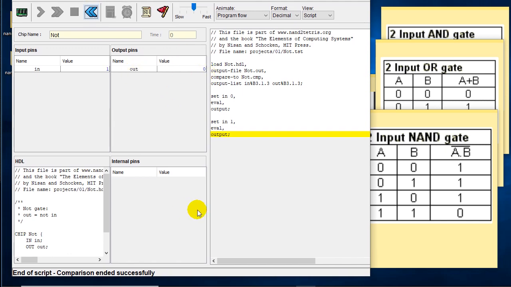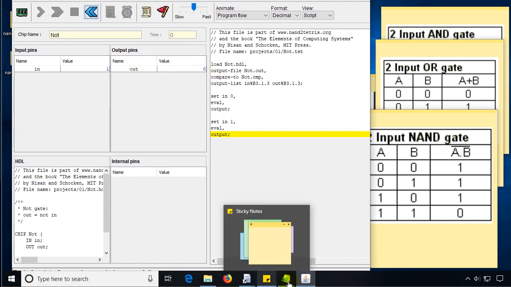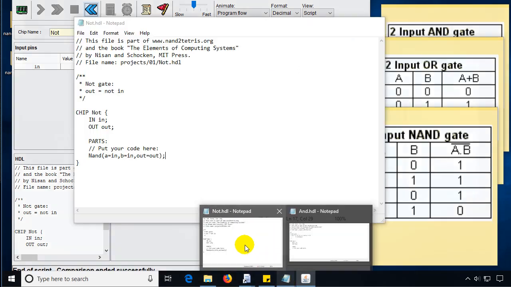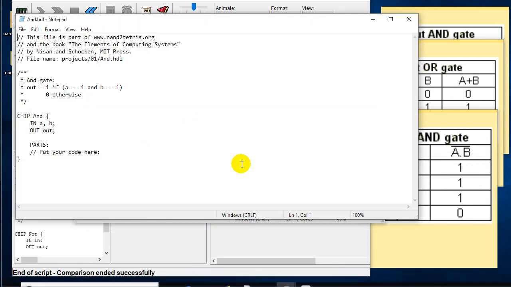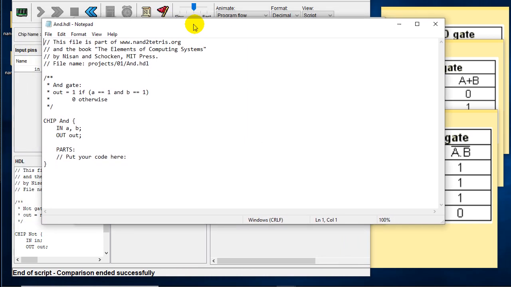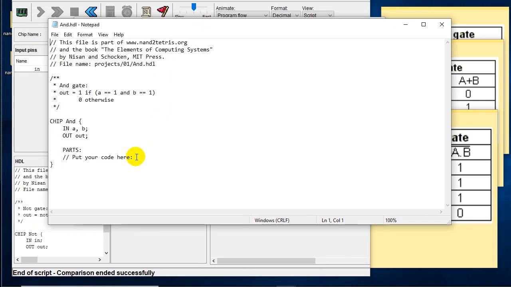So let's try our next chip. Is the NOT? No, we just did the NOT. Let's see, we need the AND. So again, you can refer back to the first part of the video where we used two different NANDs here. So we're going to put the code here, and I'm going to use